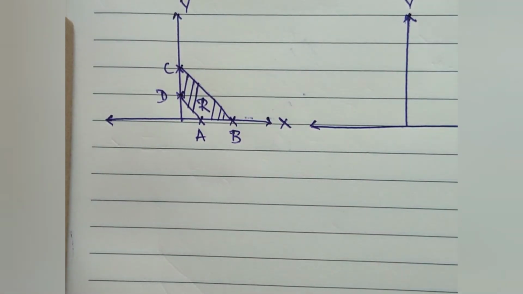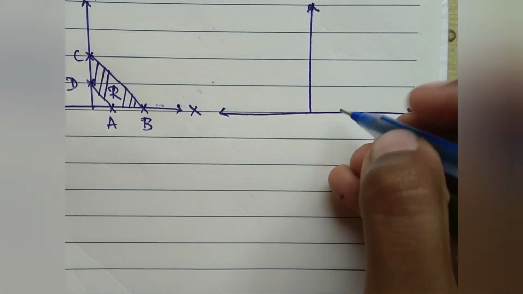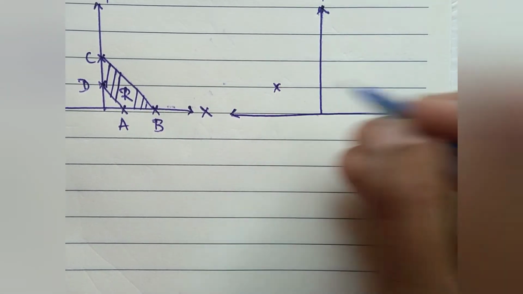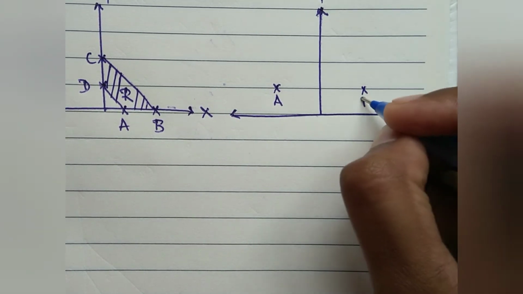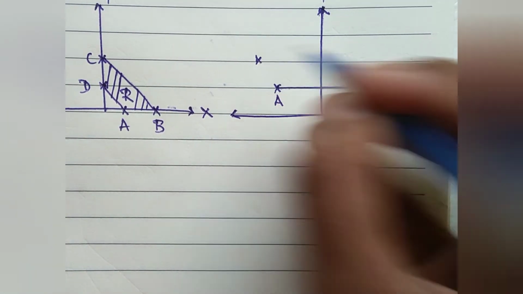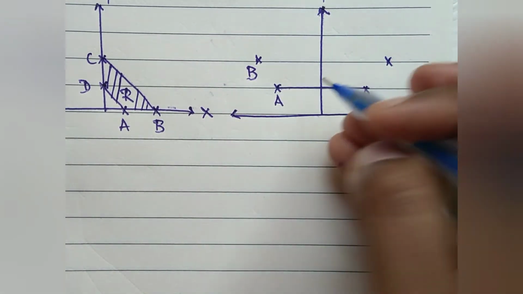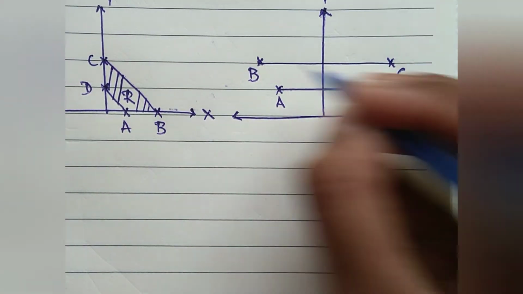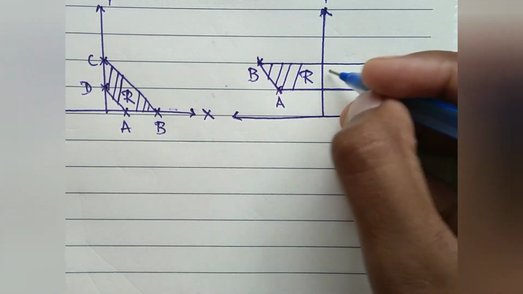Now if we want to draw the same in the uv plane, this is the v-axis and this is the u-axis. Now we know that point A, which is (minus 1, 1), might lie here, and point D, which is (1, 1), is here. Joining. Now we have the other points, B, which is (minus 2, 2), and C, which is (2, 2). This is also a trapezoid, and the region remains the same, that is R, but on the uv plane.